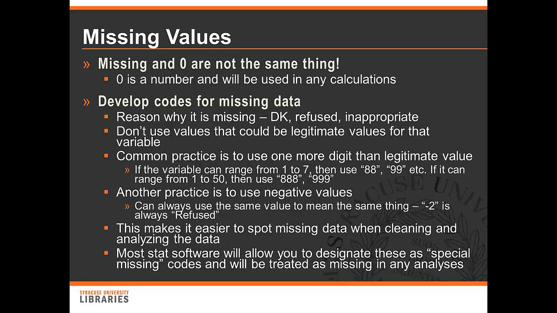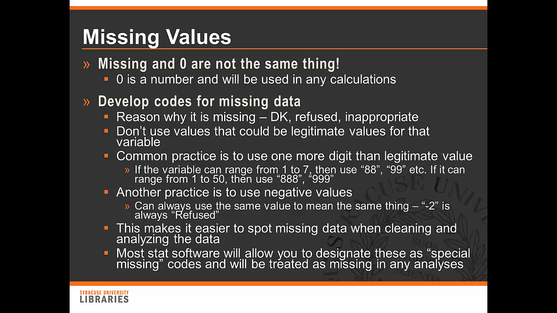A common practice is to use one more digit than a legitimate value for that variable. For example, if the values for the variable can range from 1 to 7, then use 88 and 99. Or if it can range from 1 to 50, then use 888, 999,